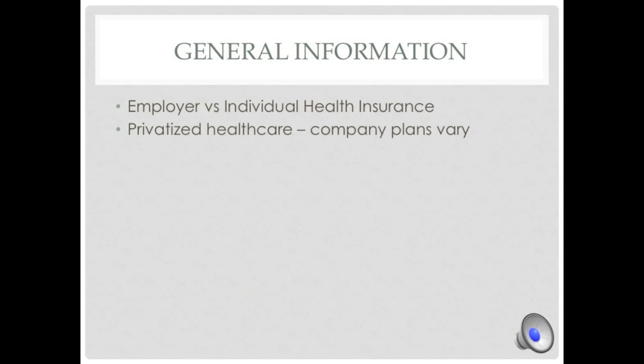General information about healthcare. There are two different kinds of healthcare: employer healthcare and individual healthcare. Some companies will give health insurance to their employees. This is generally a very basic plan with very few benefits. The employees can get additional coverage on their own. The main reasons that companies do this is because they can get better deals than the individual workers on the